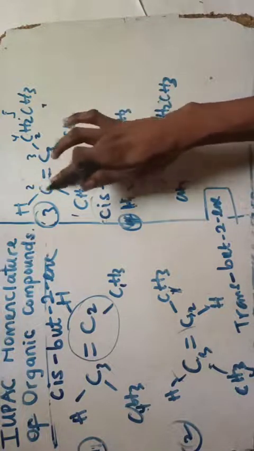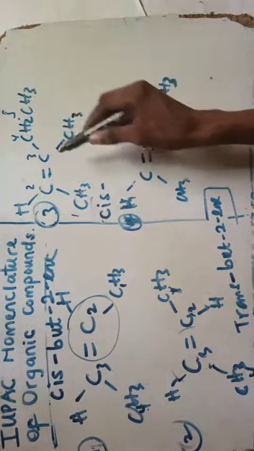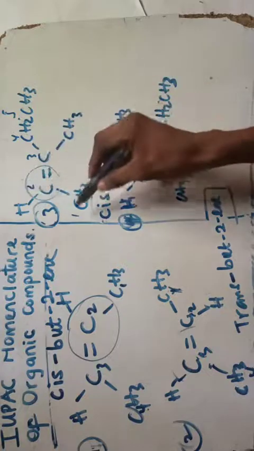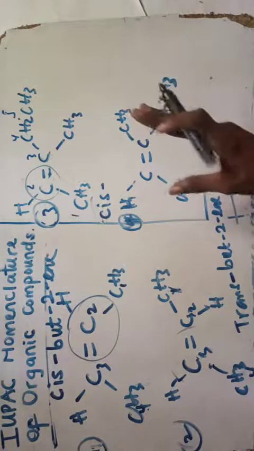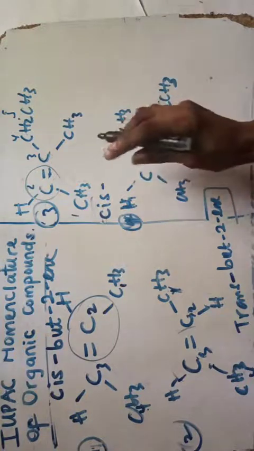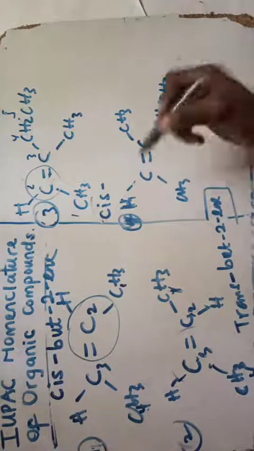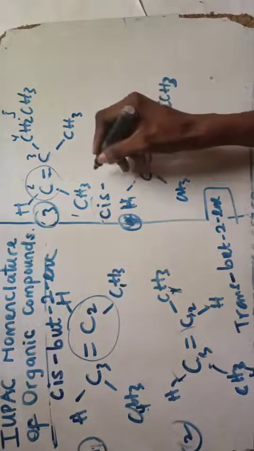So that means this numbering is out here, and the right numbering will be this, because the 1, 2 is nearer to this guy here. Okay, and that is to tell me that the name of this compound is cis, and that is pentene, right? Pentene, and that would give me cis.